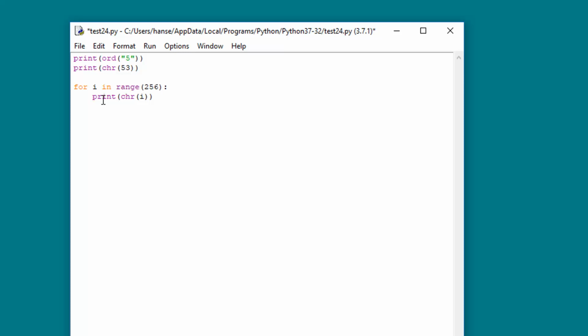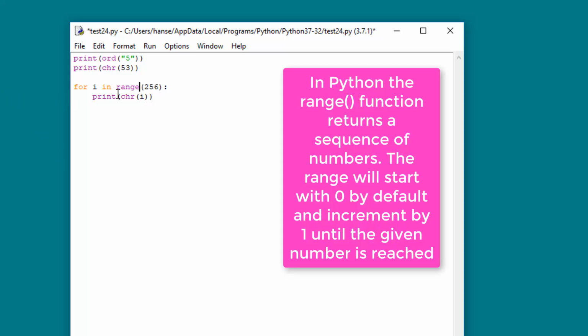I have to give it a range, and I'm going to give it a range of 256. So it's going to go for i in range of 256. So if we run this,